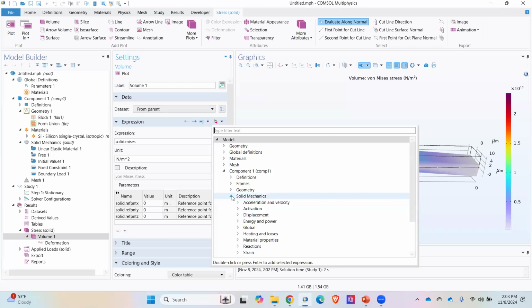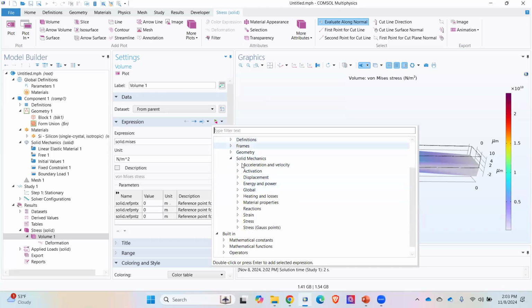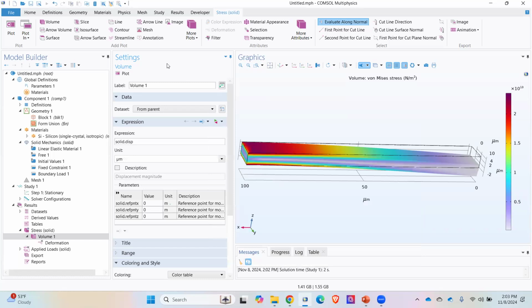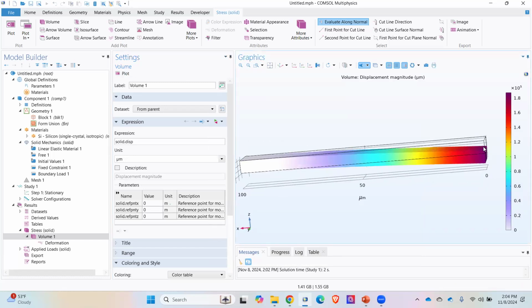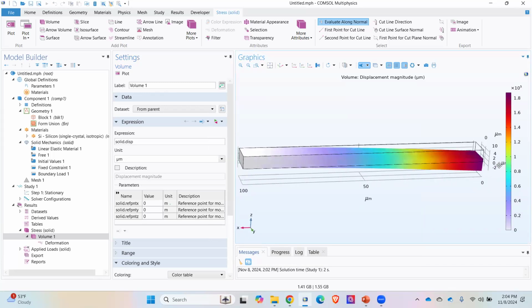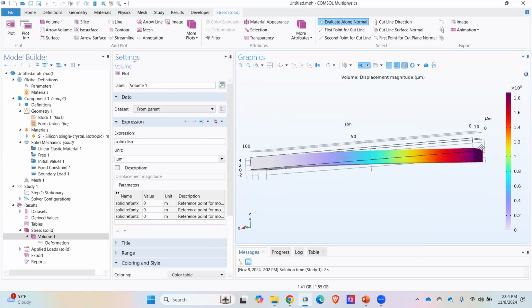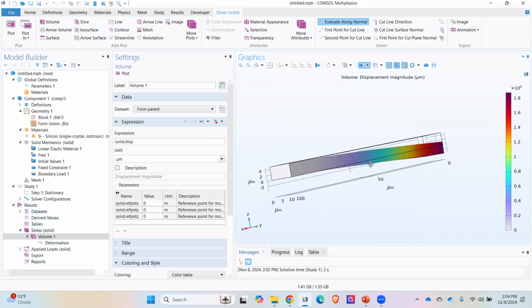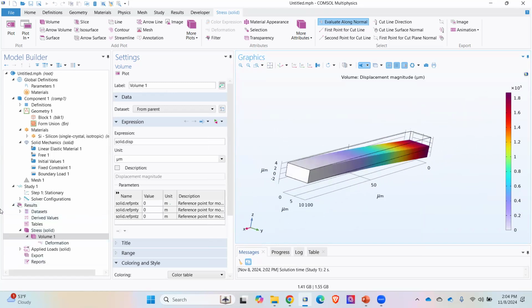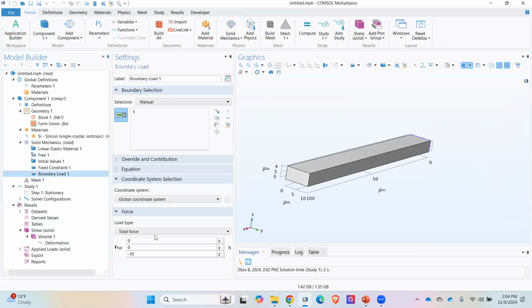You go to solid mechanics here, and you go to the displacement, solid dot disp. If you go here and plot, you can see the maximum displacement here. So this is how you plot your results. Let's say since you have applied only one load, which is F, so you can